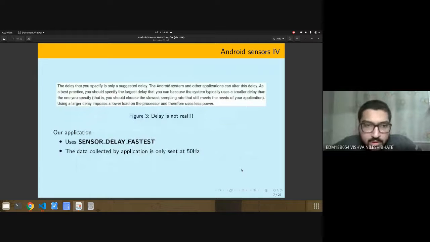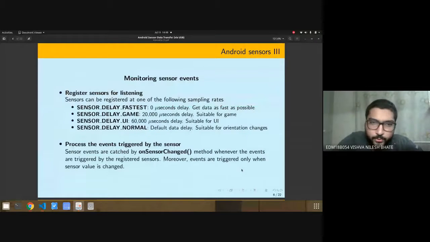In our application, what we have done is that we are using sensor delay fastest, which gives the data as fast as possible, and then we are sending it at 50 hertz. On testing the application at first, I tried it with all 4 modes of sampling rates. At normal, in a span of 10 seconds, I was only getting around 100 samples. That is like 10 hertz frequency.